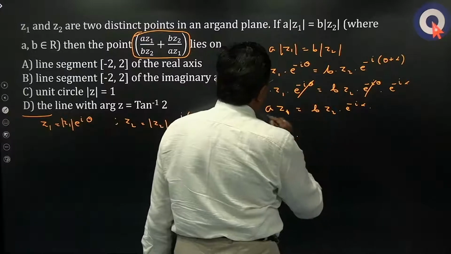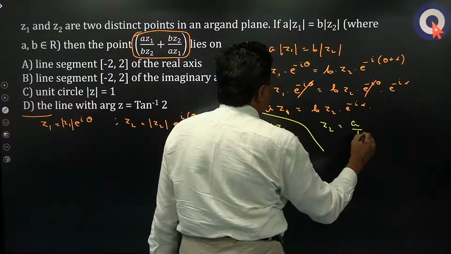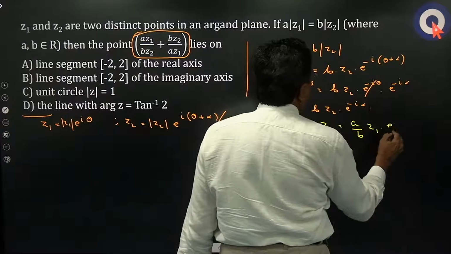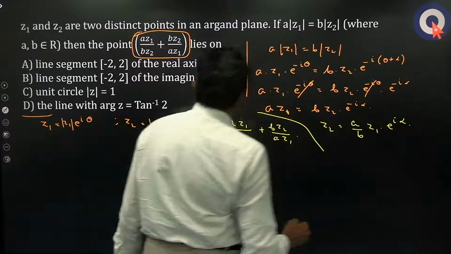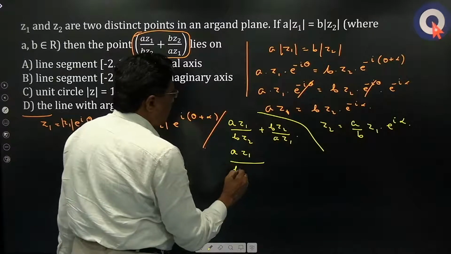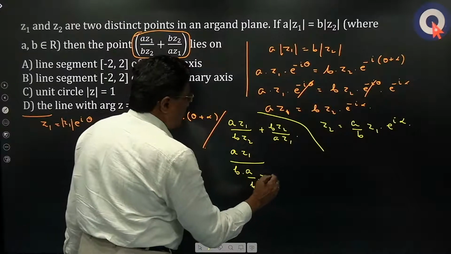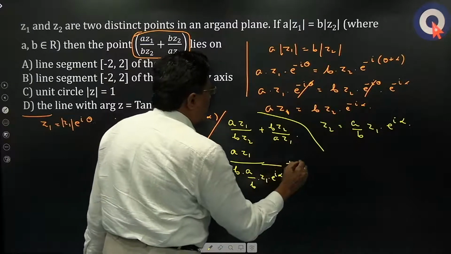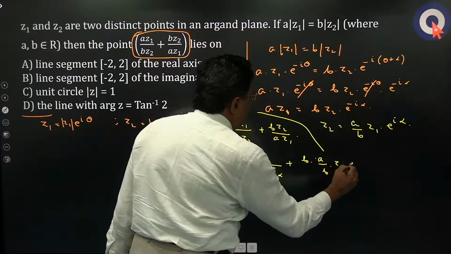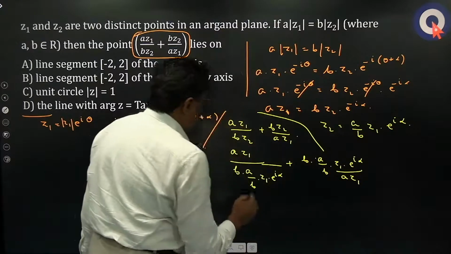from this we can write Z2 is equal to A by B Z1 e power i alpha, right. So we can just do that. A Z1 by B Z2 is A by B Z1 e power i alpha, plus B Z2 by A Z1 is A by B Z1 e power i alpha by A Z1. All right. So this is,